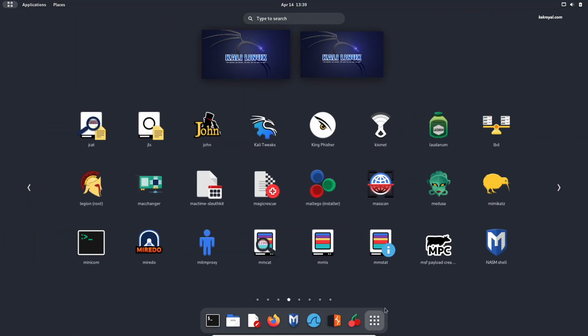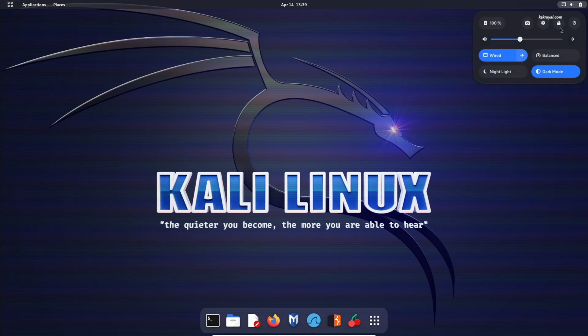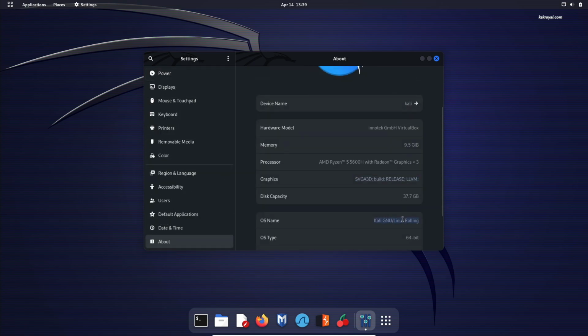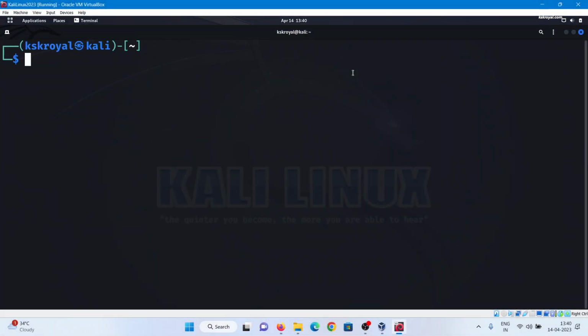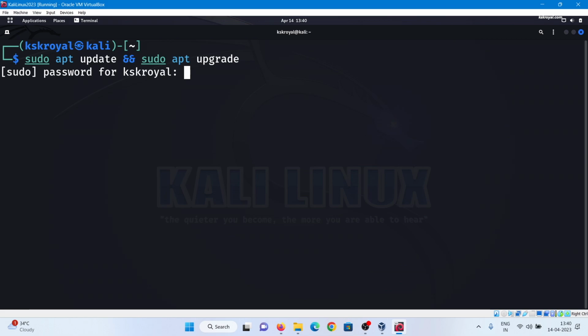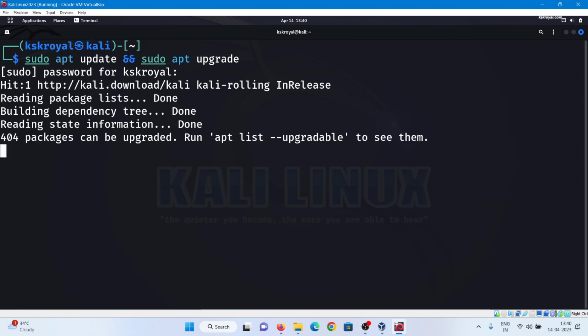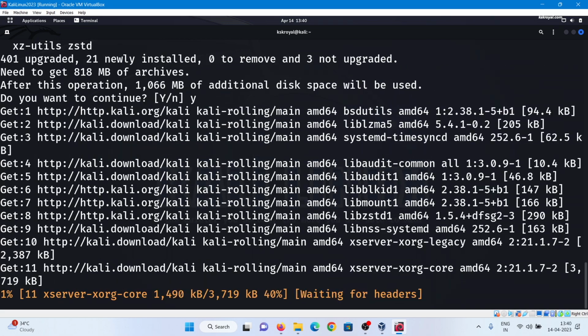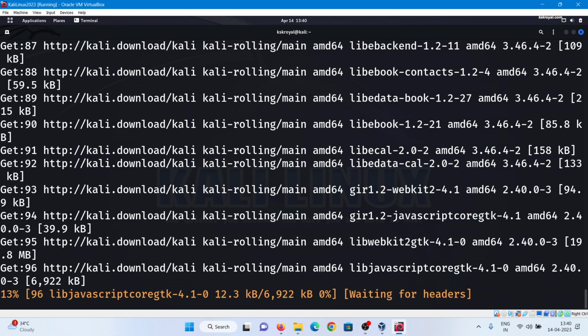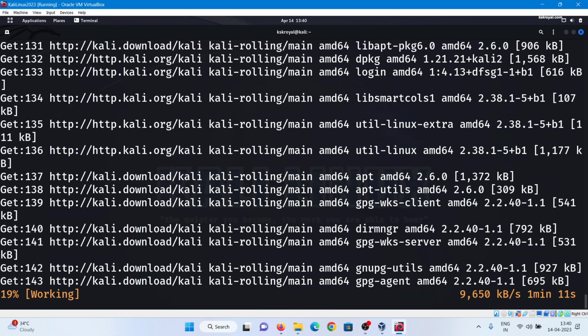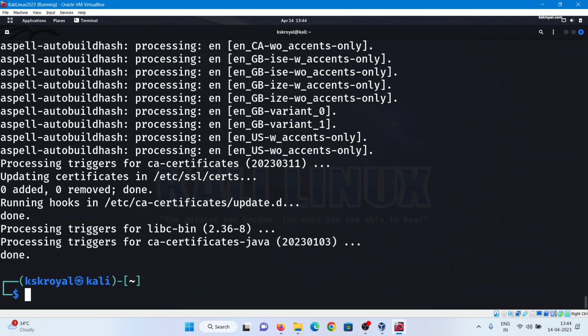It's time to install VirtualBox Guest Additions tools that will enable 3D acceleration, clipboard sharing, and more functionalities. To do so, first open the terminal and run this command to update the system. Once it's done, reboot the system.